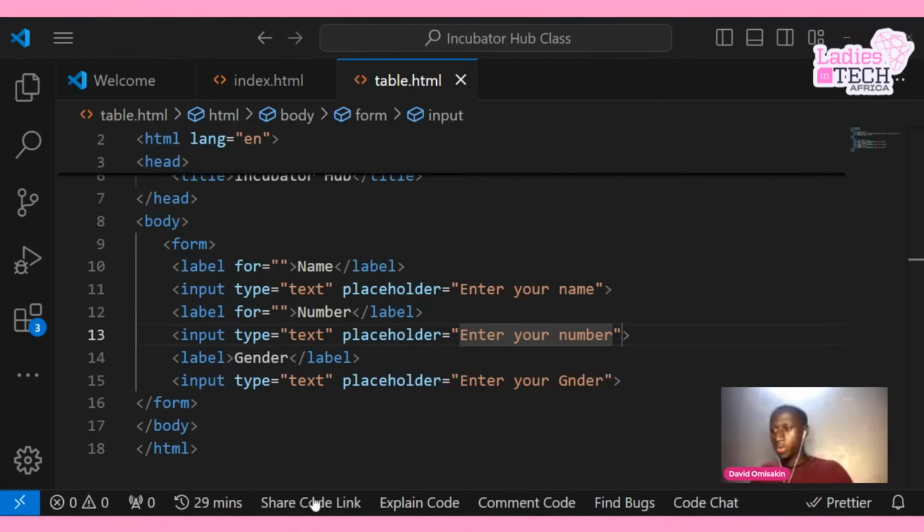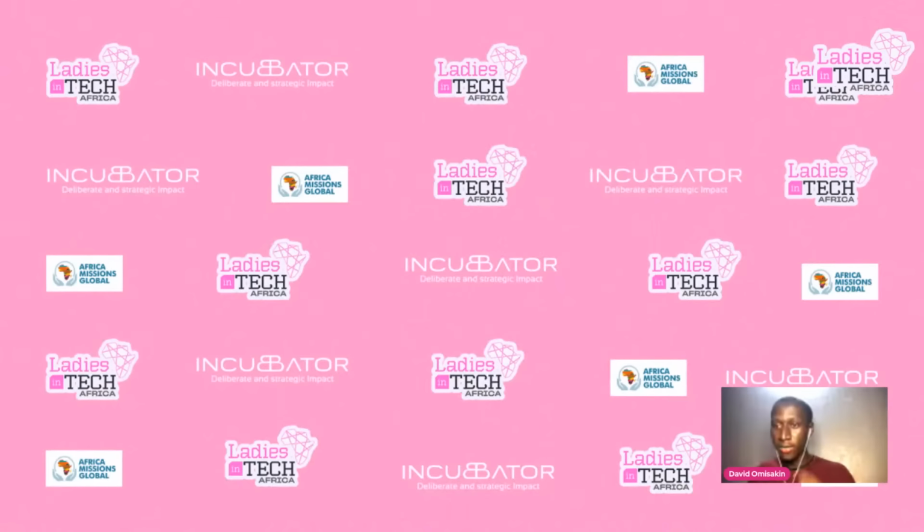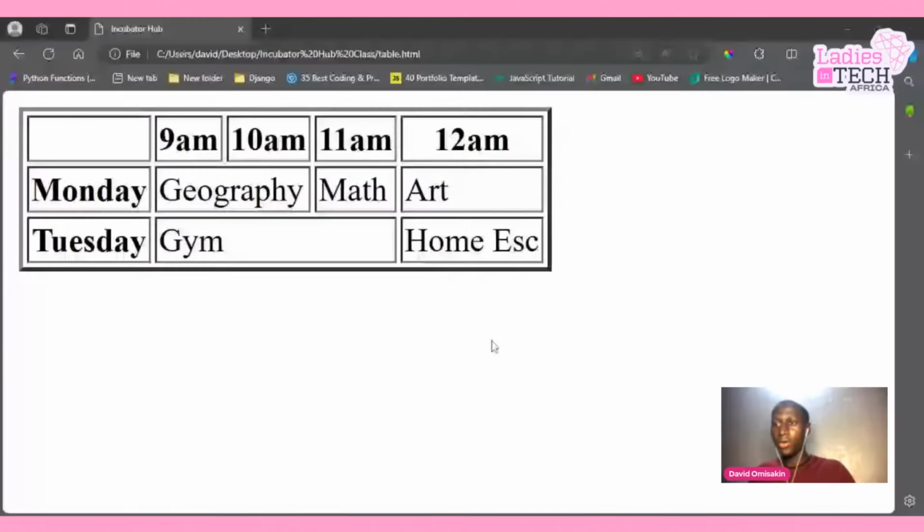So I'm going to be explaining what the placeholder is. I will explain that, and that's why I'll show you. When I show you, then you can see what I'm talking about. So I'm going to share screen, although we have the table there. I've saved it now. So now that we can all see my screen, I'll just